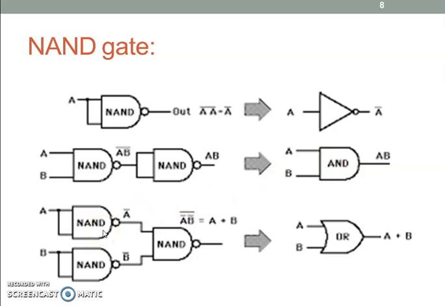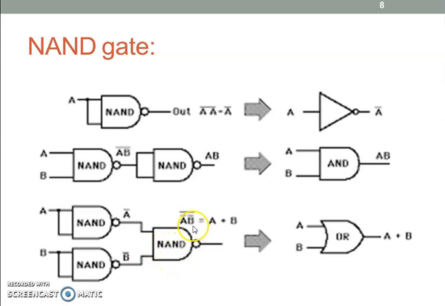Move on to the third case. By using 3 NAND gates it is possible to construct the OR gate. Pass the input A twice to a NAND gate. You will get the inverse of this, means A bar. Consider another NAND gate. Pass the input B twice. You will get B bar. Acts like a NOT gate. Now pass this A bar and B bar as input to the third NAND gate.